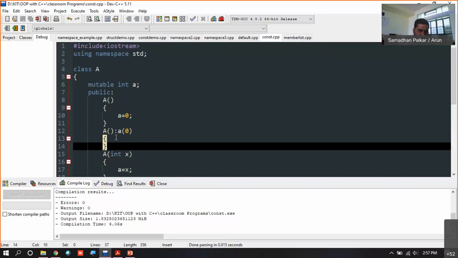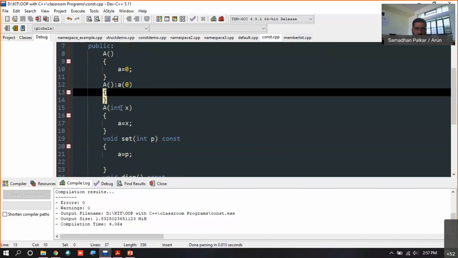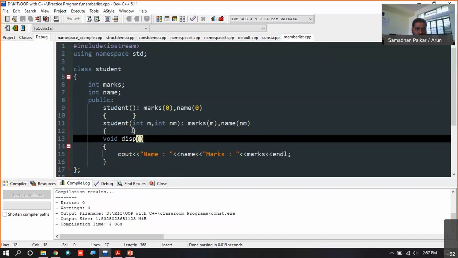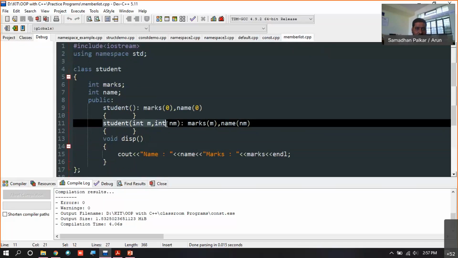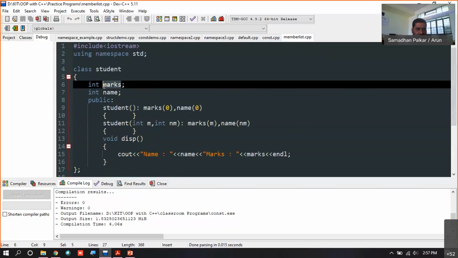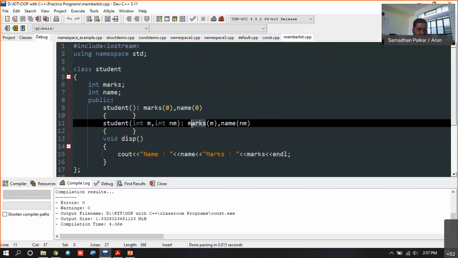So by using this, we can initialize a member, right? For a parameterized constructor also, we can have a member initializer list. The values which are there as parameters are passed and assigned to the variables, or data members, which are there inside the class.